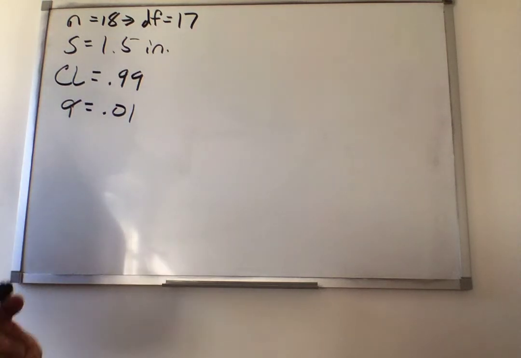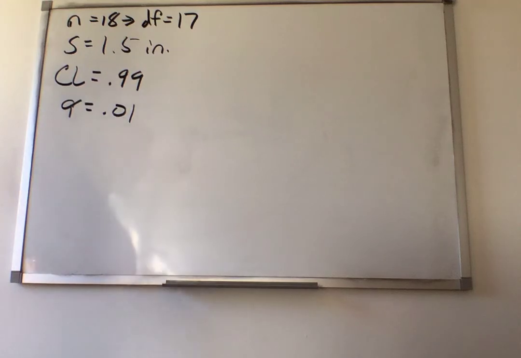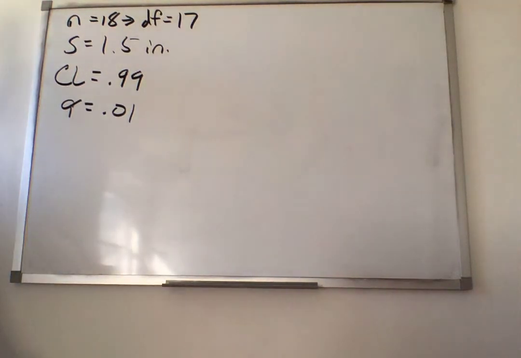Since they asked us for the population standard deviation, the mean height of 67.5 inches is irrelevant information in this problem. If they would have told us to construct a confidence interval for the population mean, then that would be relevant information. We would need the mean height of this sample. We would not need